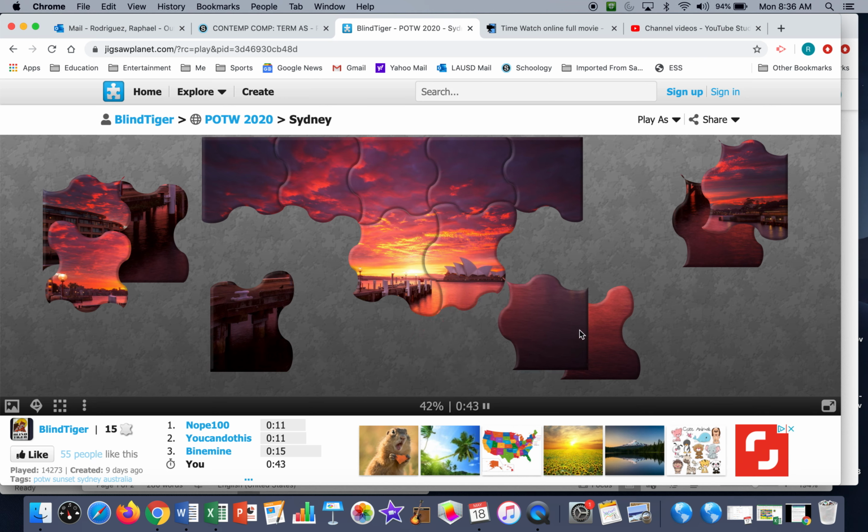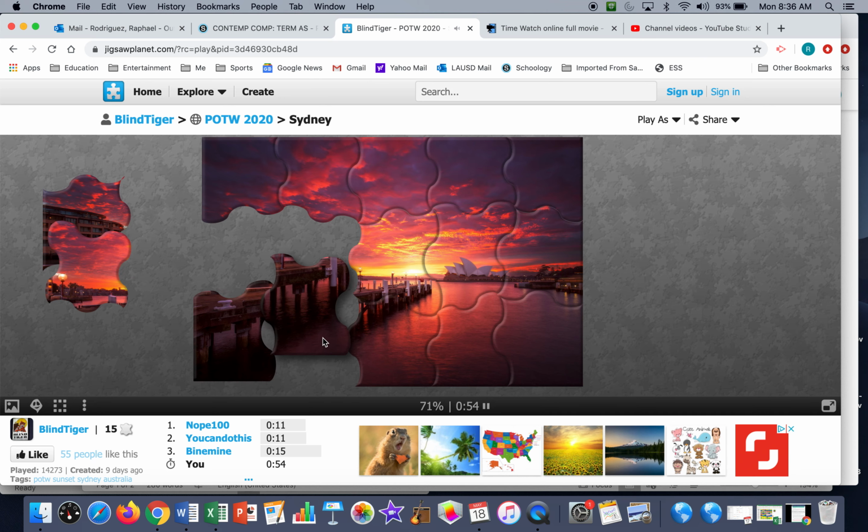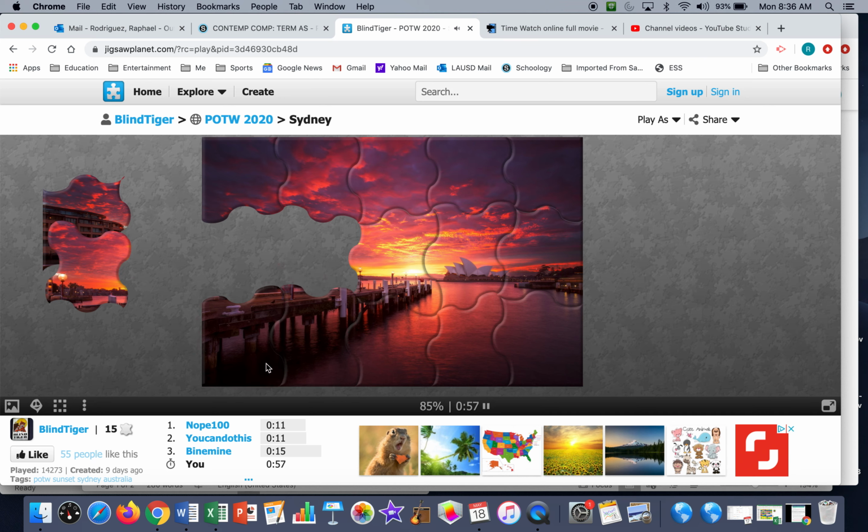Put this over here. I think this one goes over here. Look at that. Oh my goodness. You do that, and you bring this one. Looks like it's going to go right there. We know this one goes over there. Put that one there. So imagine if each one of these puzzle pieces is one of your sources, one of your research cards, and you have them all out on your table, right? You've got them all over the place like that. So what happens? You need to shape it, just like this puzzle,